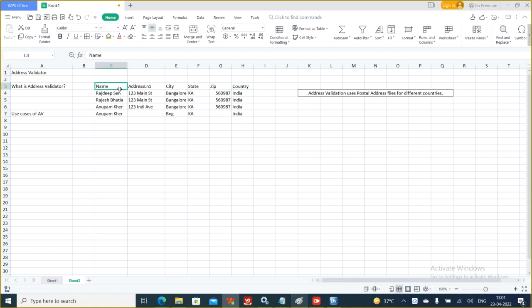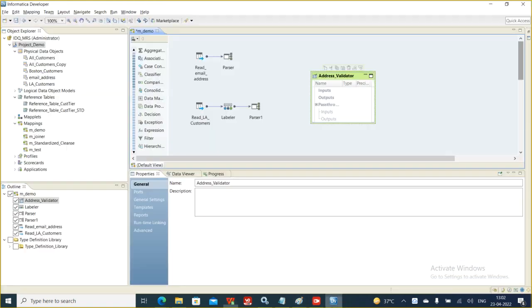Okay, so that is the uses or use case of address validator. So obviously for e-commerce or retail business, right? Retail business, advertisement, all of this plays a huge role. Any kind of shipment, any kind of location addresses where shipments are important, location data. This plays a huge role to validate the addresses. Okay. So we told about what is address validator, use cases of address validator, how it's being used in IDQ. Okay. Now let's quickly go